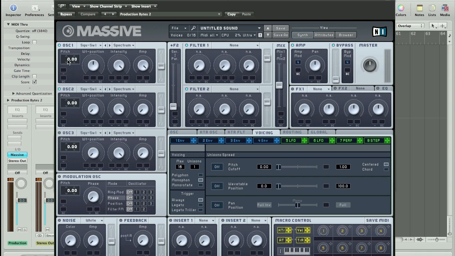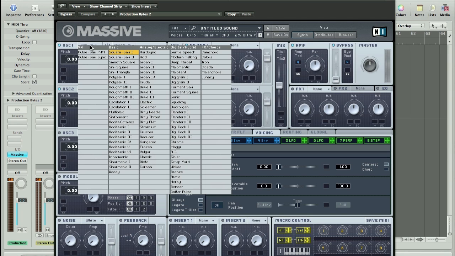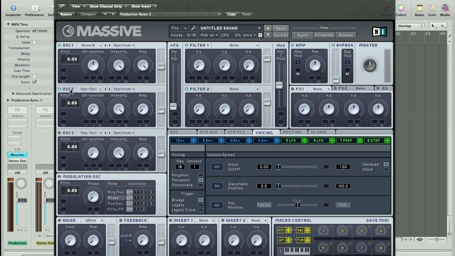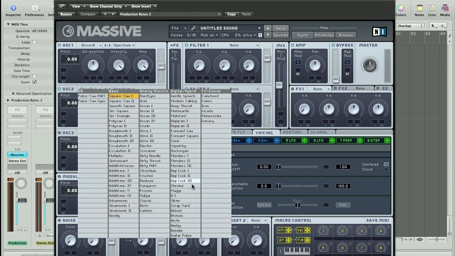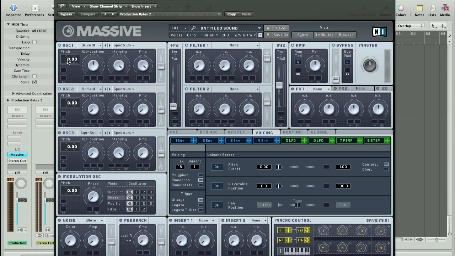So then we're going to be using two oscillators. The first one is going to be drive free and the second one is going to be scrapyard, and these need to be pitched down 2 octaves each, which is 24, like so. And then we're also going to use the modulation oscillator, which we're going to pitch down 1 octave, so to 12,